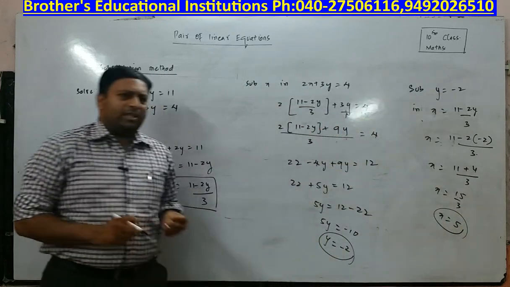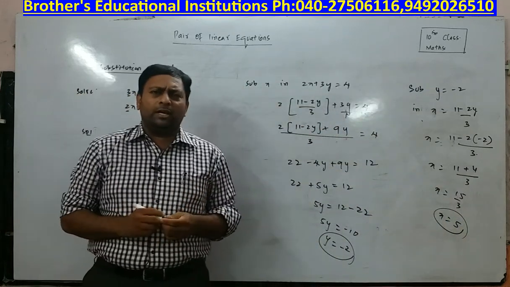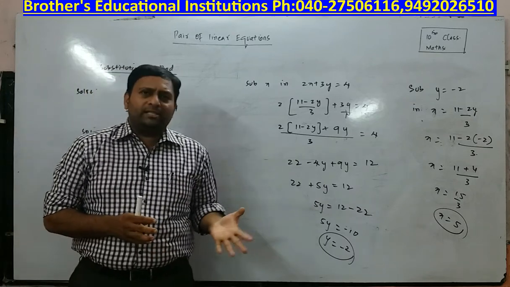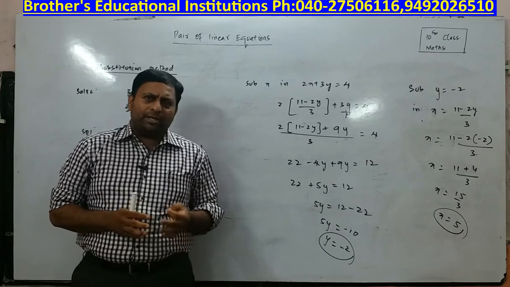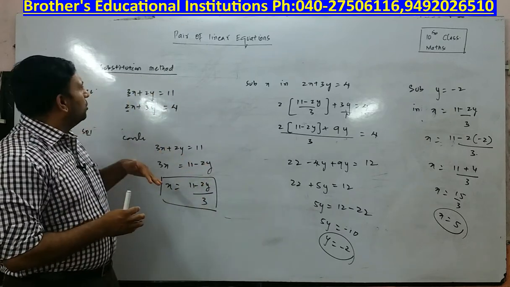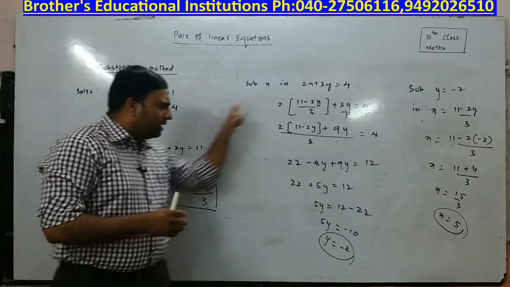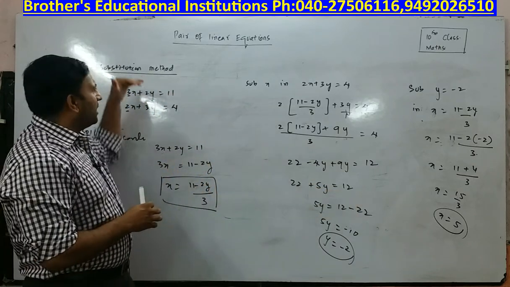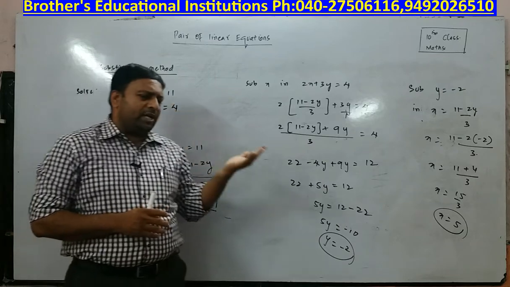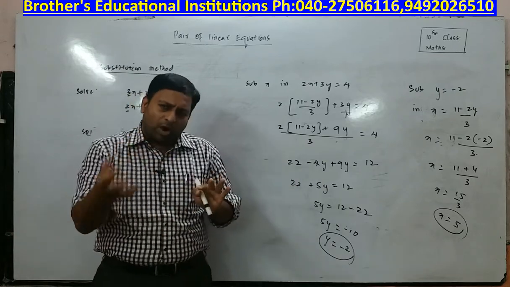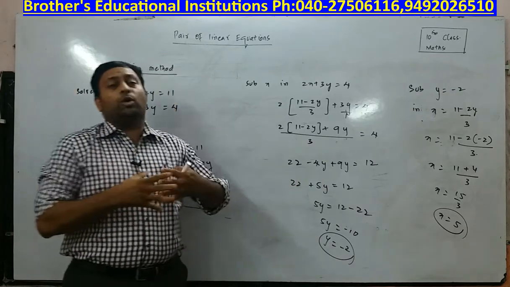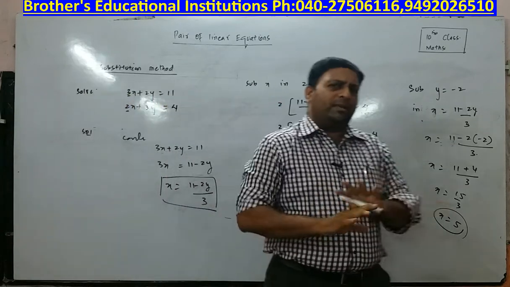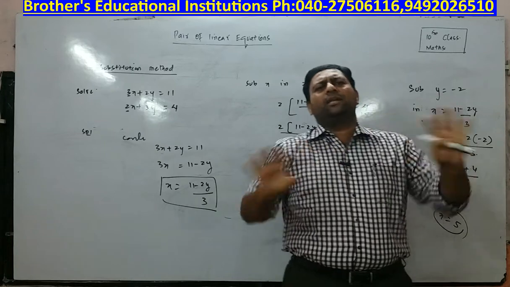So you can see whether you are doing a problem by substitution method or by elimination method, the answer is the same. So procedure is important. Tomorrow in the examination, when it has been asked you to do substitution method, the entire method should contain substitution only. Similarly, if asking you elimination method, you must eliminate x, get the value of y, and accordingly eliminate y, get the value of x. Don't mix up. But if it is not mentioned, you are allowed to do any method. You can combine them and still get the answer.